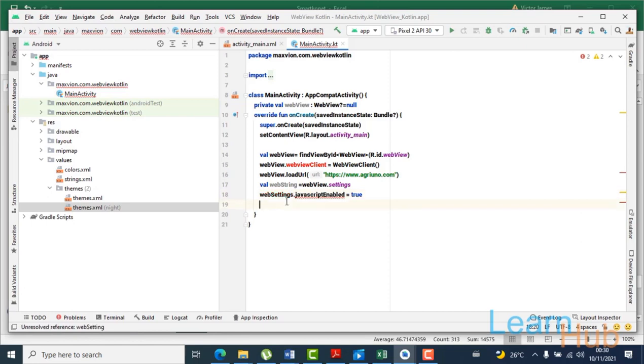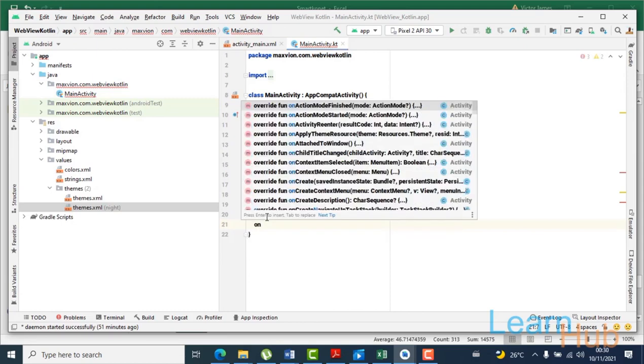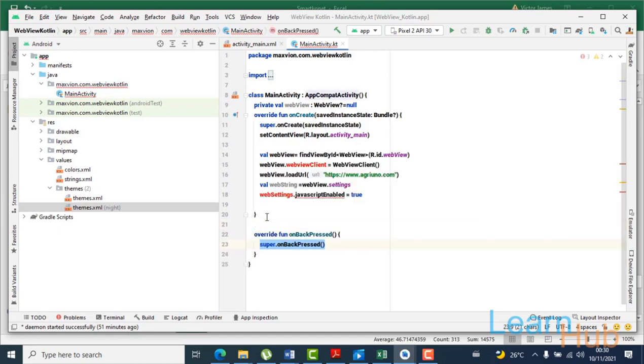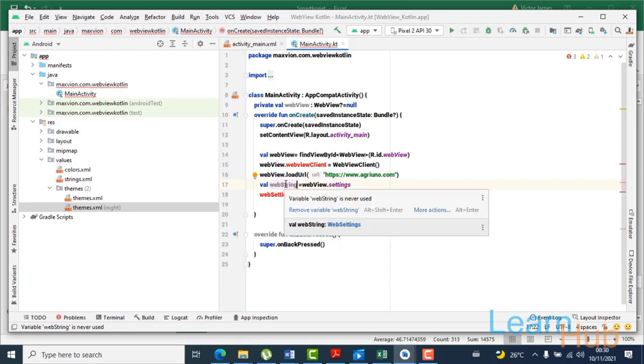Whenever you see this red, you know that there is something wrong. In this case, the variable webSettings is not defined. Instead of webSettings, I mistakenly put webStreams.